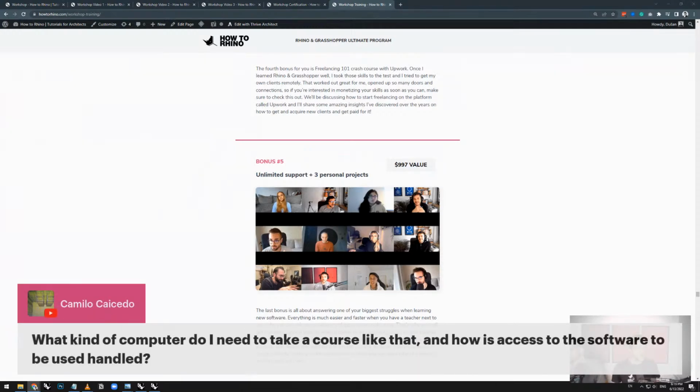What kind of computer do I need to take a course like that, and how is access to the software to be used handled? In terms of the computer, you don't need a super fast computer. I would say a medium to upper-medium computer. You don't need a super expensive machine, because the projects are going to work with whatever you have. But I would say at least 8 gigabytes of RAM, and then everything else is not that important. Maybe an i5